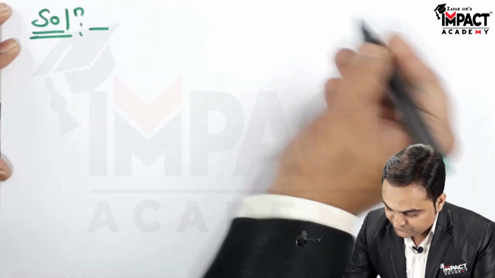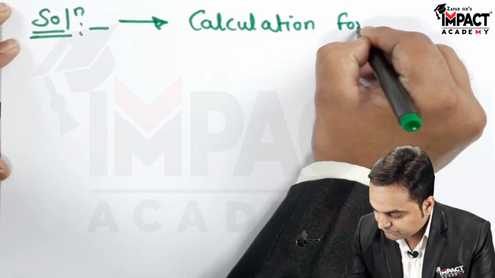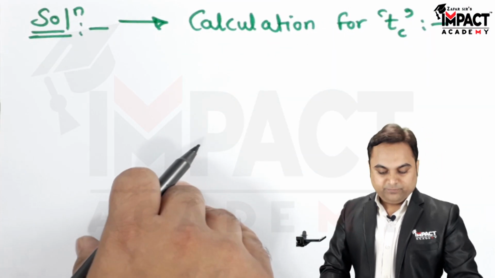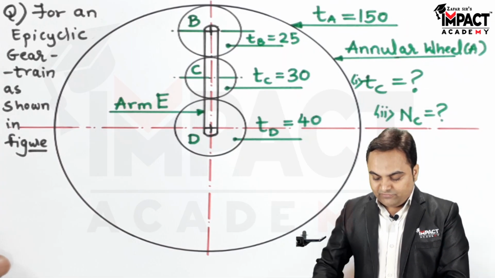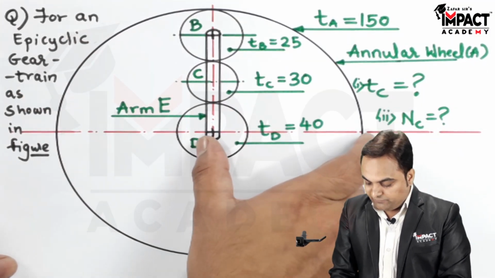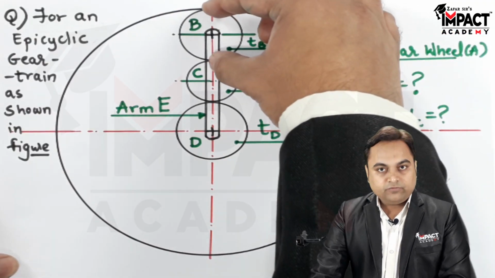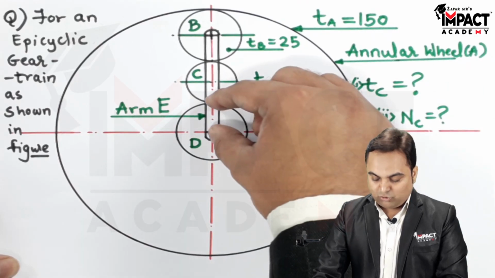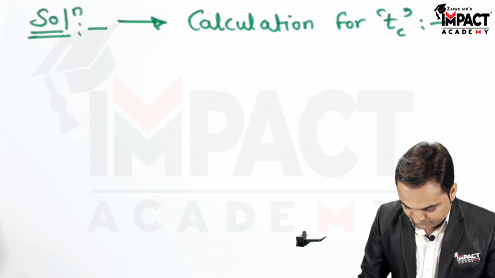So the first thing is calculation for number of teeth on wheel C. Now how to calculate that? From the geometry of this figure, I can say that the radius of wheel A, which is this outer wheel, is made up of the diameter of wheel B, diameter of wheel C, and radius of wheel D. So writing them in the form of an equation,